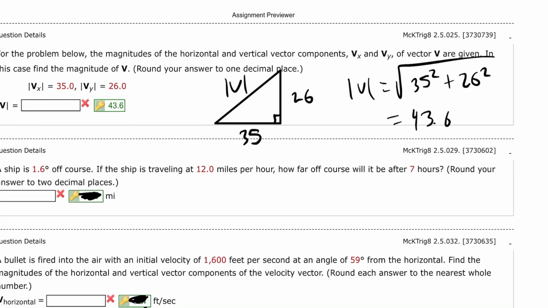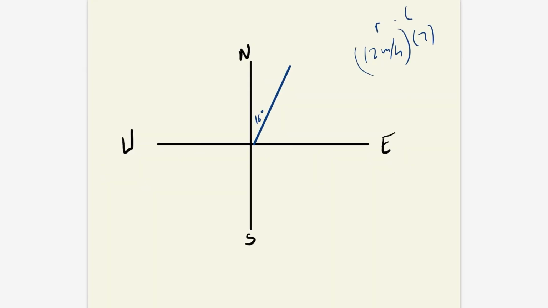Is that right? 7 hours? Yes. So if you multiply that rate times time is equal to distance, that's going to be the distance traveled by this boat is 12 times 7, which is 84. So it's traveling 84 miles. And so we can draw this. Whoops, that's not really a right triangle, but let's just pretend that that's, well, I'll fix that. There's our right triangle. And so we want to figure out what x is, because that's how far off course